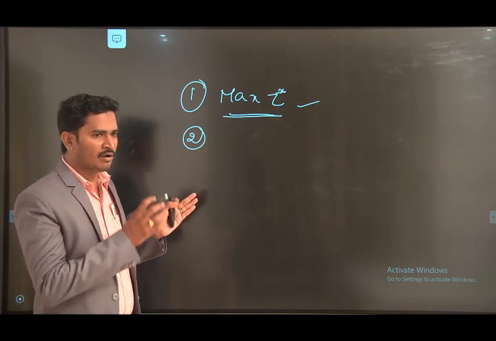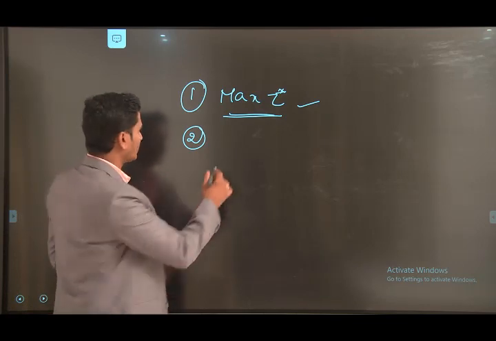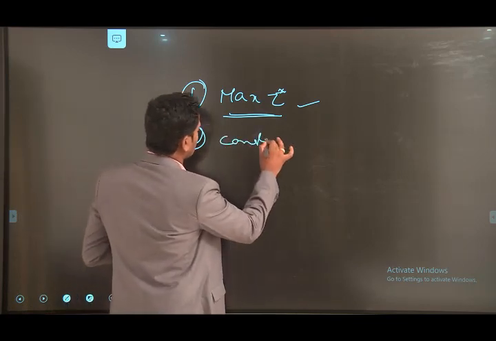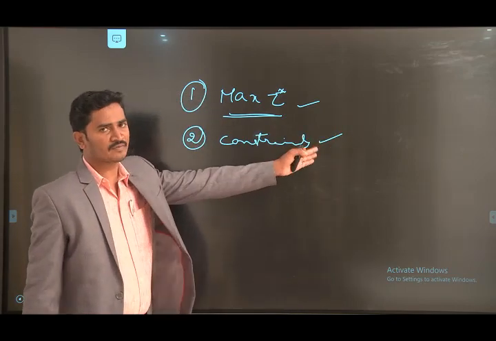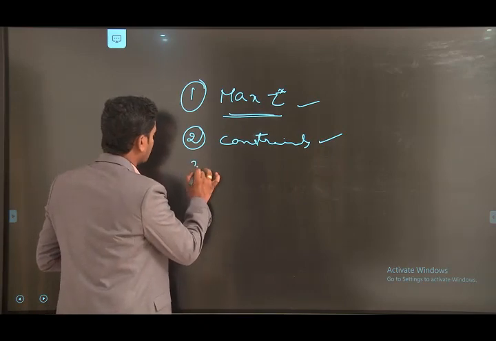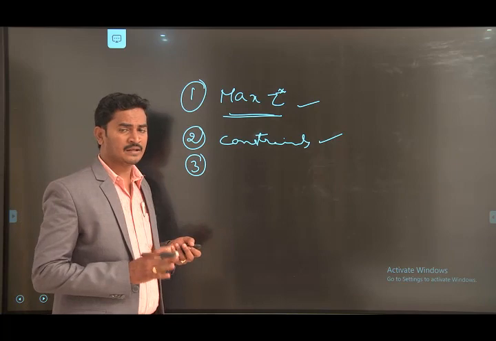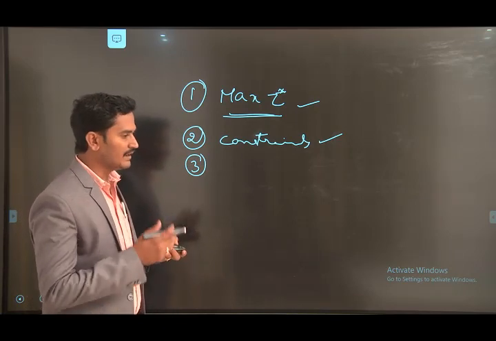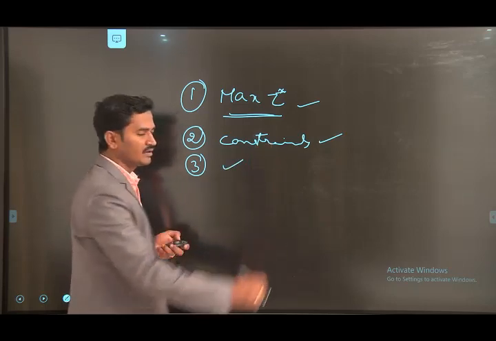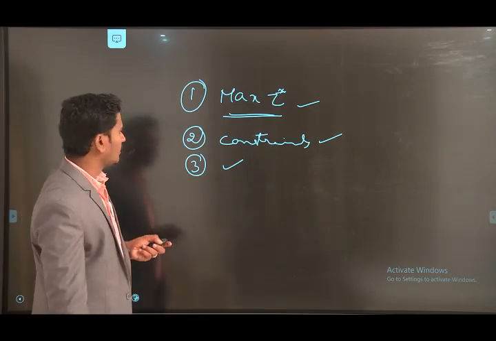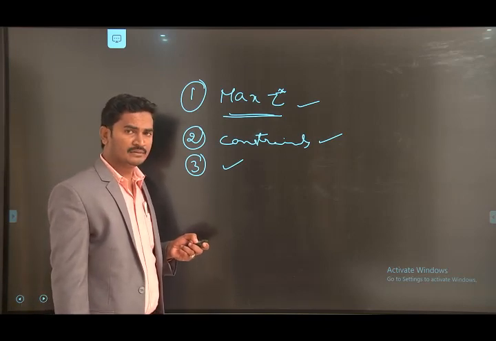In our case, 4 constraints are there, and each constraint is of less than or equal to type, so the standard form is satisfied. Next, the third condition: the right-hand side of the constraints must be positive. In our case, the right-hand side values are all positive, so the third point is also satisfied. Now we are going to solve the problem by the simplex method.